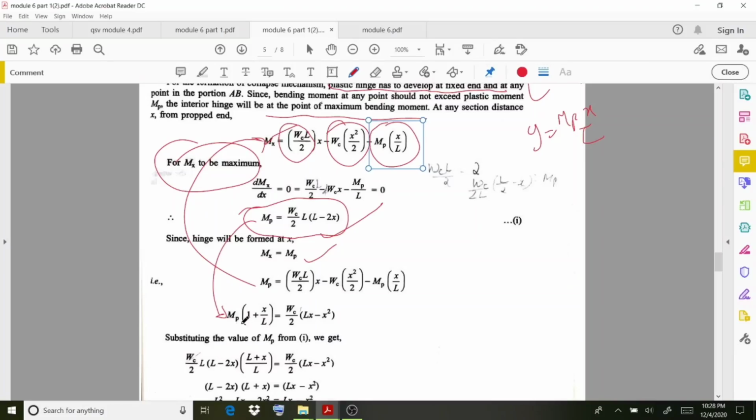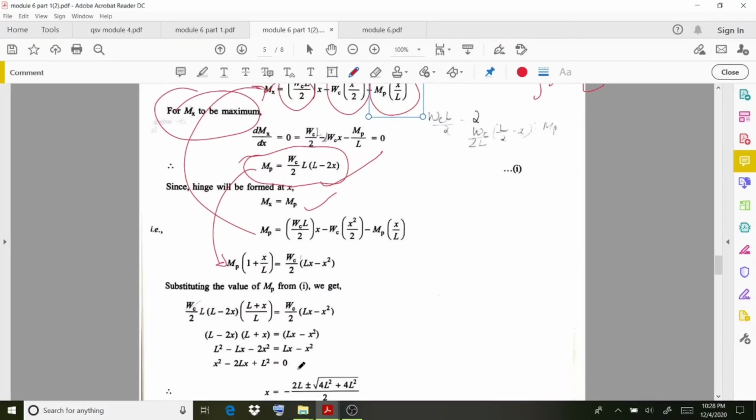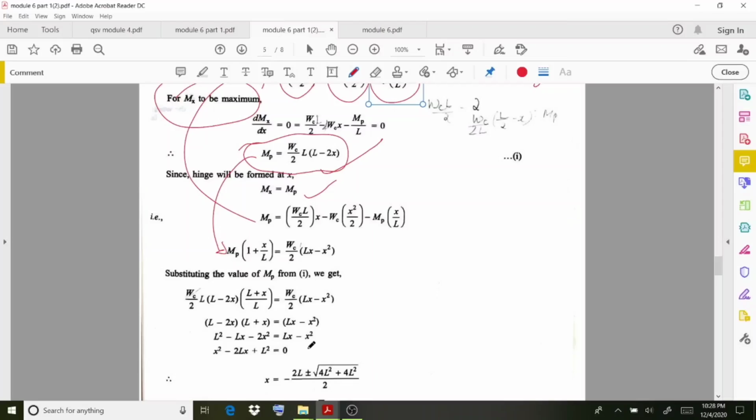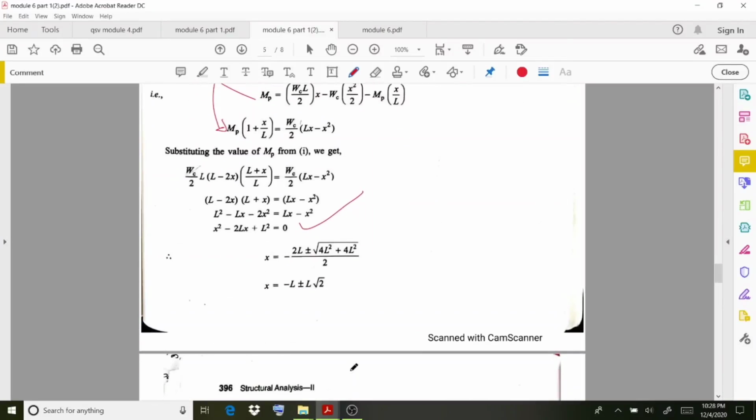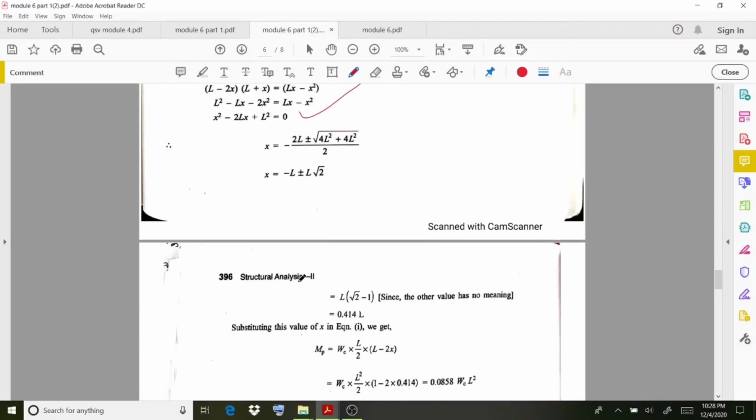So you have to substitute those values. Then if you equate them, finally you will get a quadratic equation, and if you take the values, finally x equals